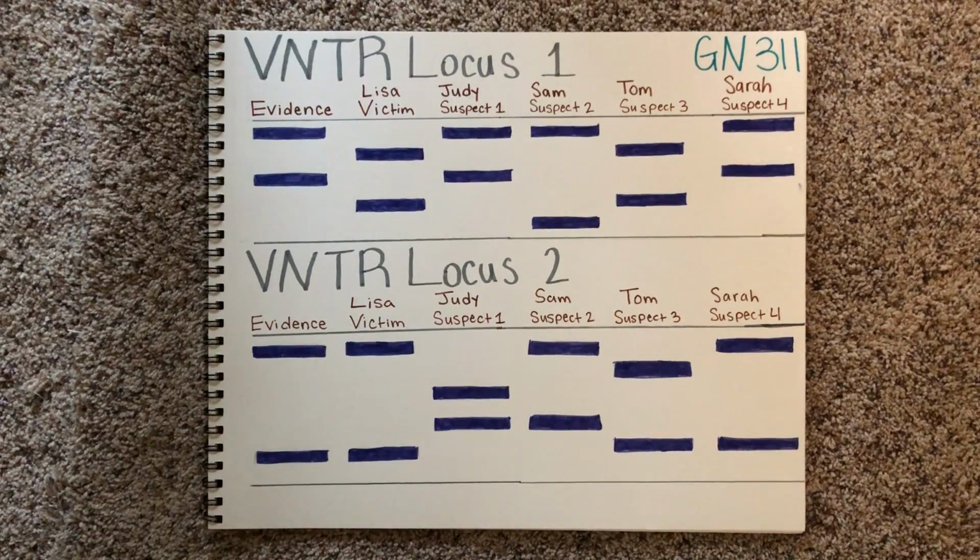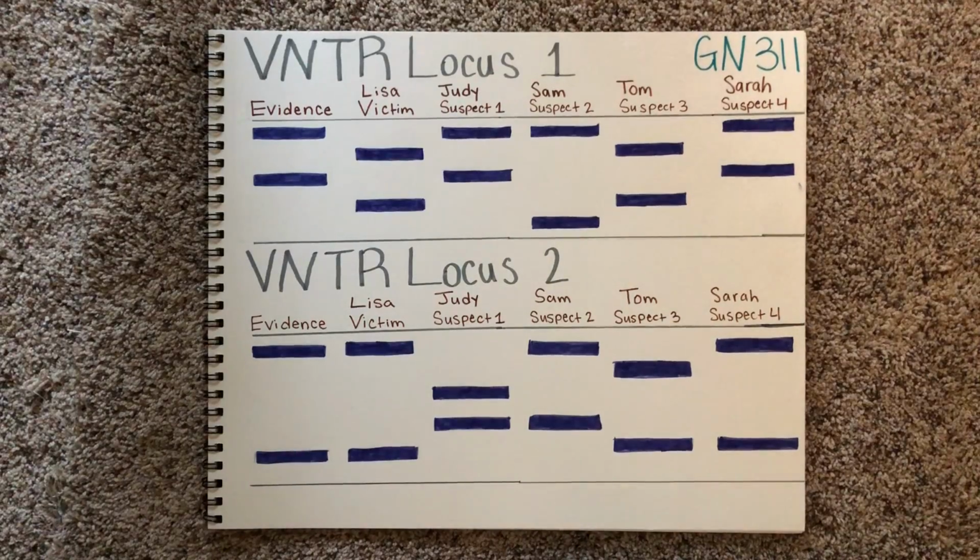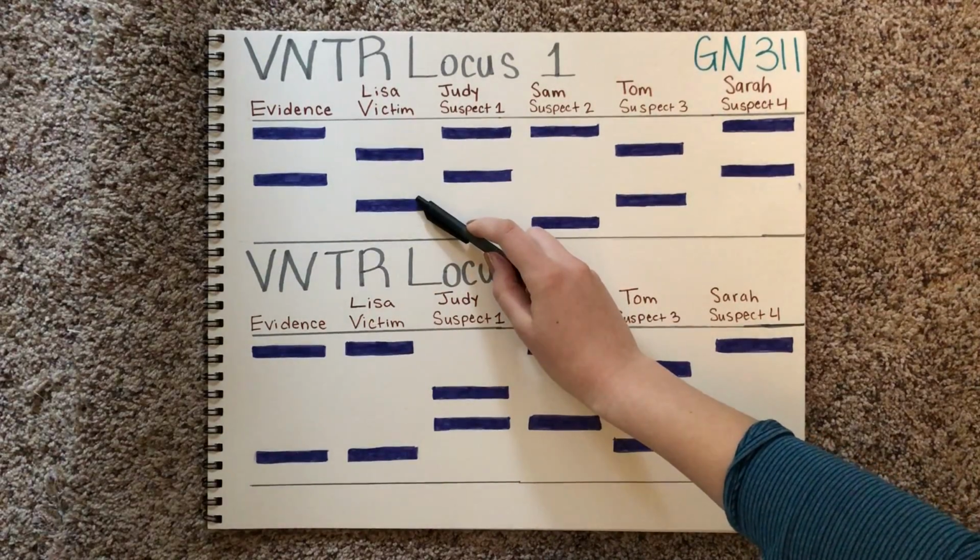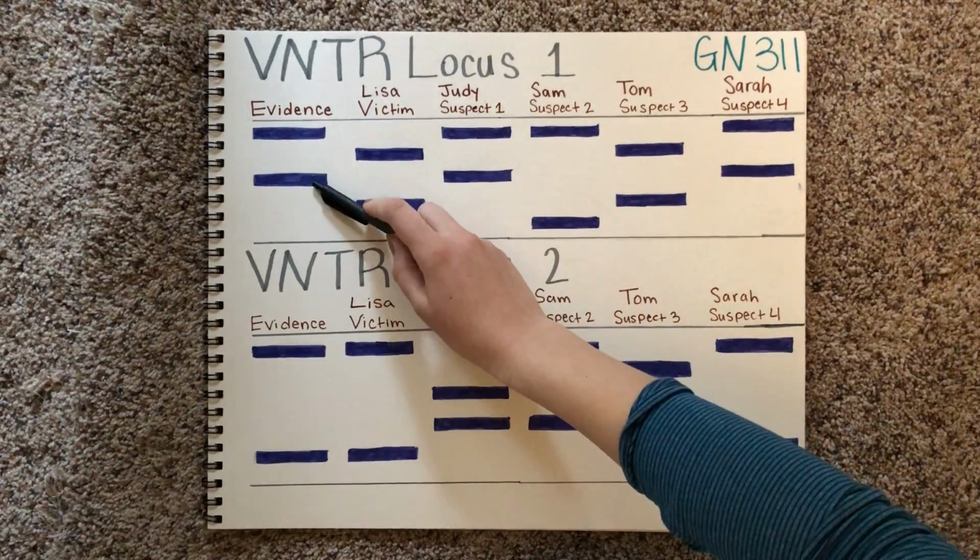Each of the bars in the loci represent alleles, and each DNA sample has 2 alleles. For a person to be confirmed as leaving this piece of evidence at the scene, they must perfectly match the 2 alleles of the evidence sample in both loci. We will look at locus 1 and start with the victim and go down the line. If we look at the 2 alleles in the victim sample, we see that neither match with the evidence,